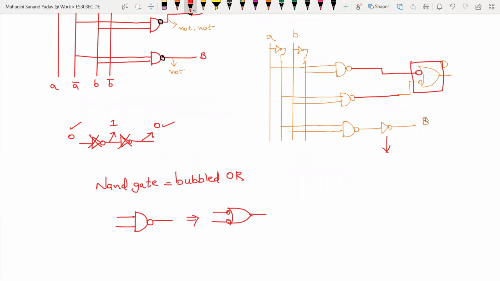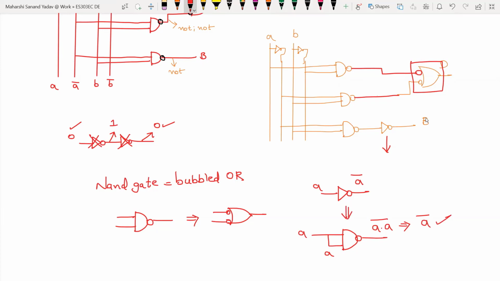Next concept is I have to replace this NOT gate. We know that if input is A, output will be A bar. Now I want to draw this NOT gate in terms of NAND. That can be done like this. This is NAND, and this is a connection, meaning that at both the inputs I apply A as the input only. We know that output of NAND gate is A dot B whole bar. But here both the inputs are same, so A dot A whole bar. A into A is A, and again bar is the same, so you are getting A bar. So this is one style of drawing NOT in terms of NAND.